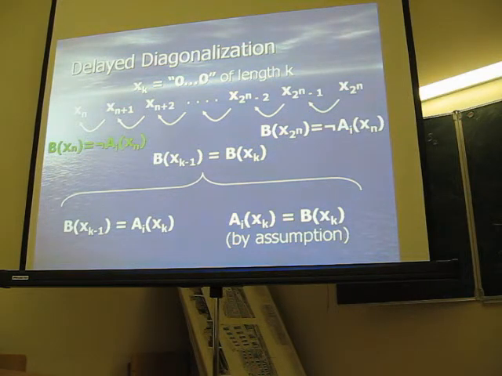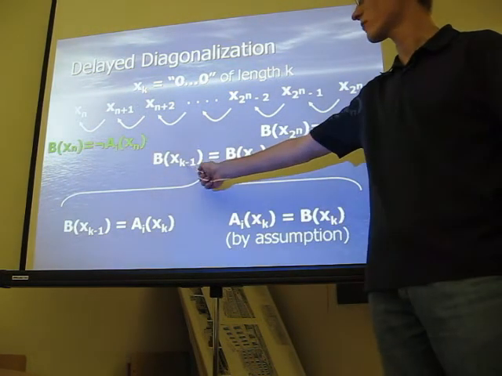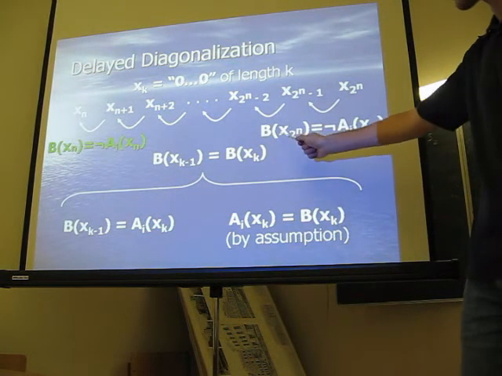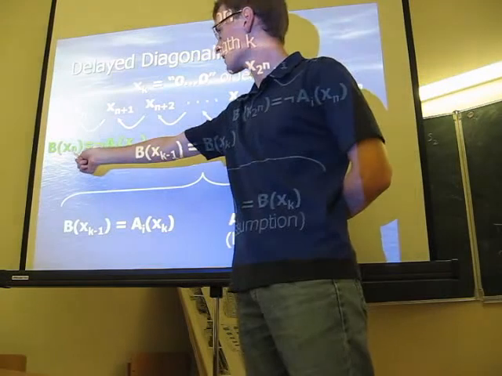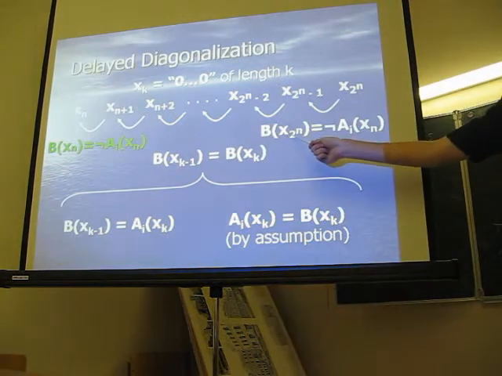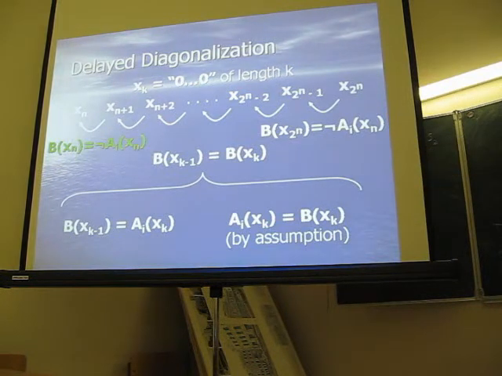And if it happens that AI coincides with b everywhere, then we have this line, the middle line, and together with this line, we get what we want. So we have this line and this line for every k from n to the n. And by transitivity, we'll get that b on xn is equal to b on xn plus 1, equal to b on xn plus 2, equal to b on x to the n. And this is exactly what we wanted to compute. Okay.